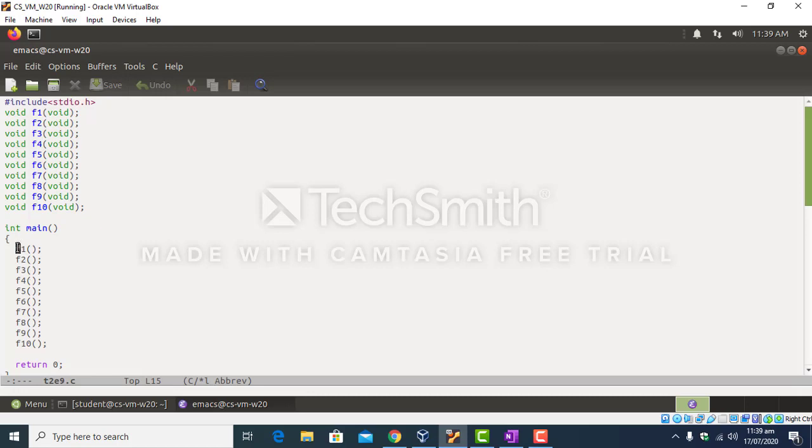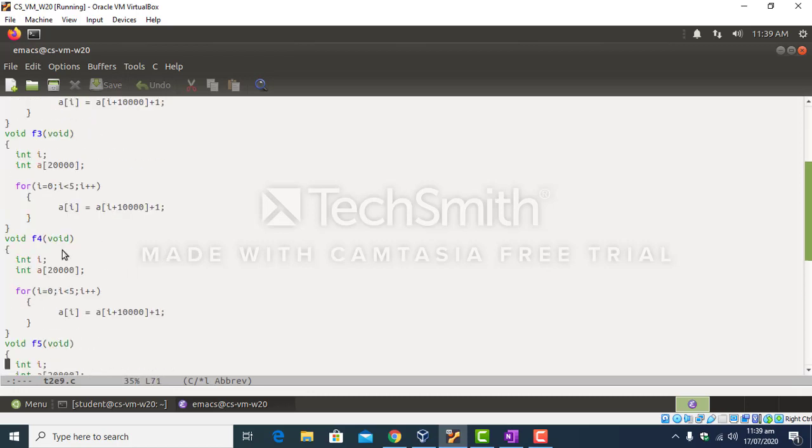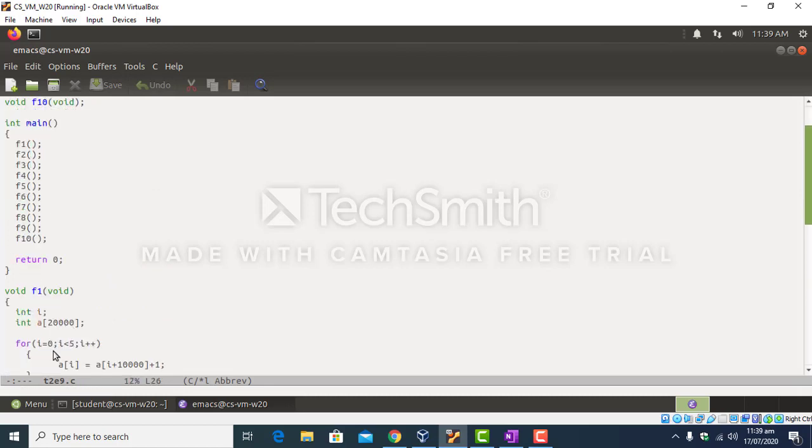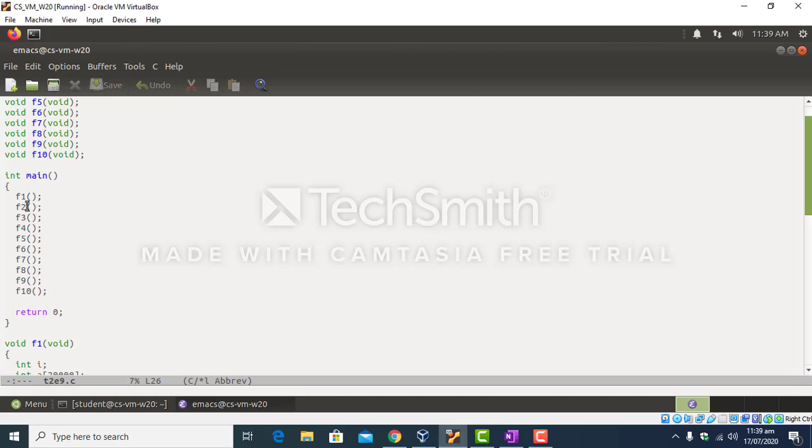Say for example the breakpoint is placed over here, you run the code, the computer reaches this point. Now you have to use the next command. By using the next command the computer will not step into function f1, rather it will quickly execute it and go to the next function f2.